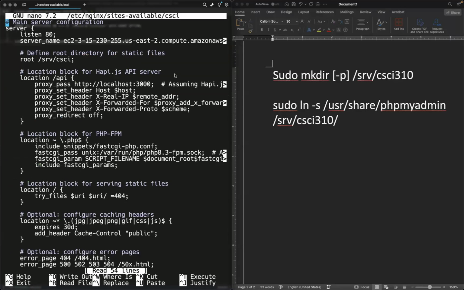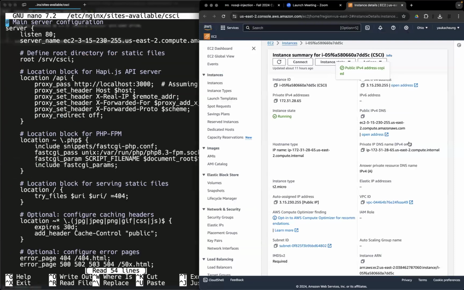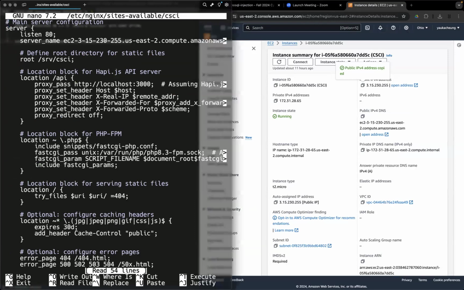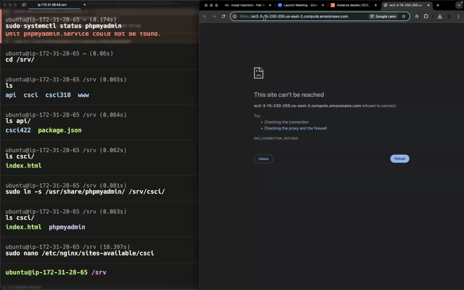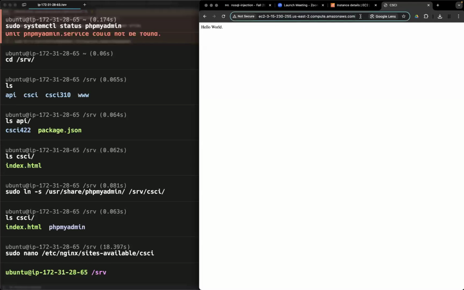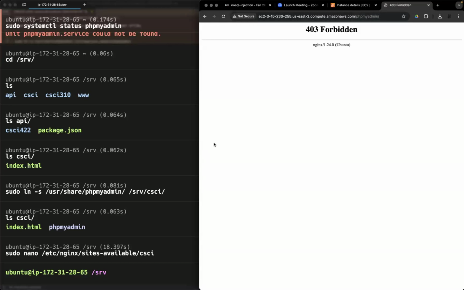I think I have a new IP address. In case you have the same thing, let me see. I have EC2 315. Okay, I will change it. I have it. If you follow all the steps right here,